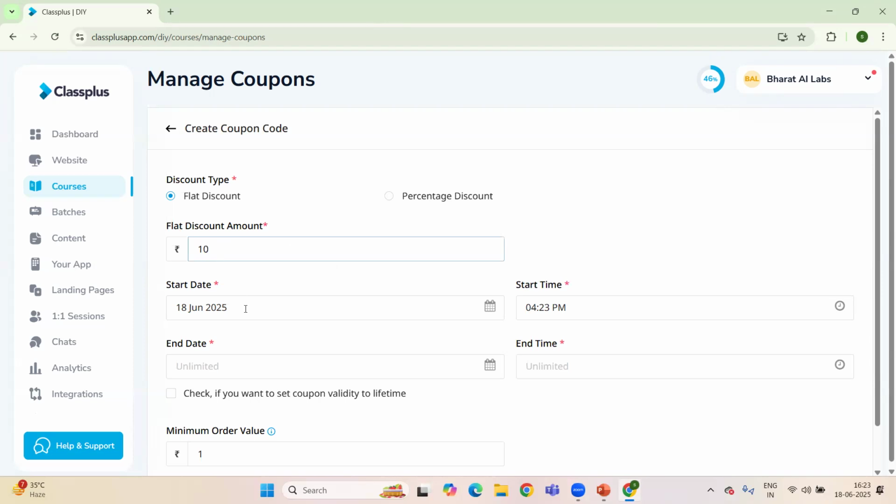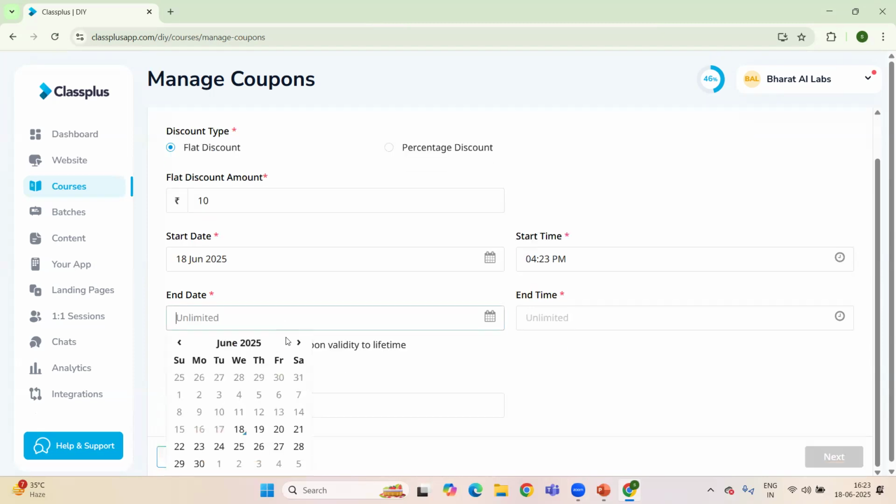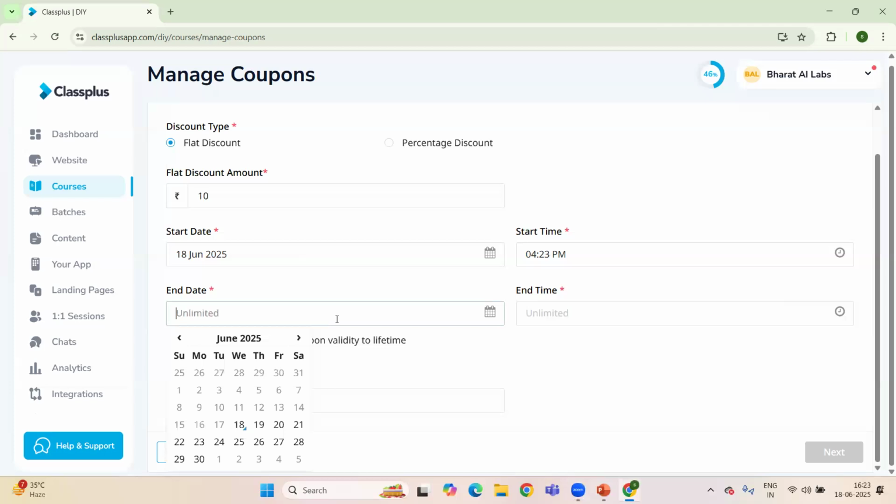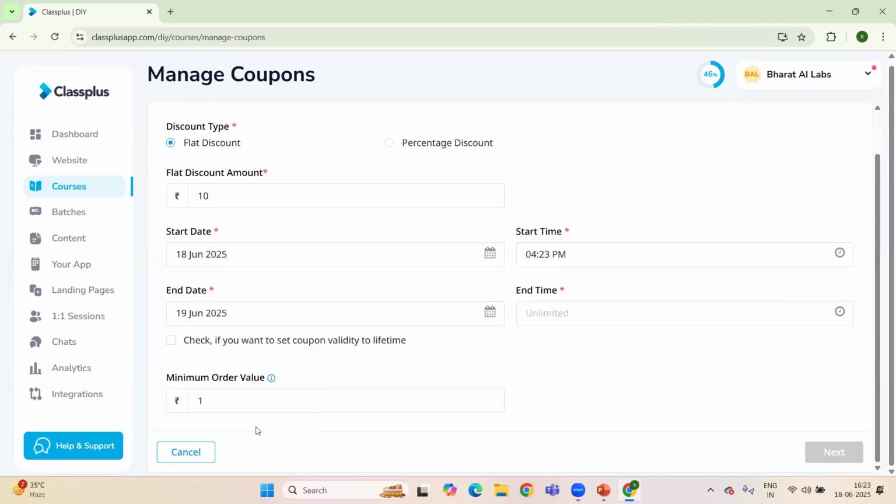And this is the start date, like 18th June, and the starting timing is 4:23 p.m. And I need to set here the end date as well, whenever that particular discount will disappear. So I'm putting here 19th June because I want to create only for 1 day, and the end time is 4:23.